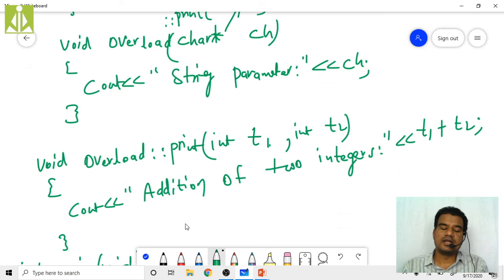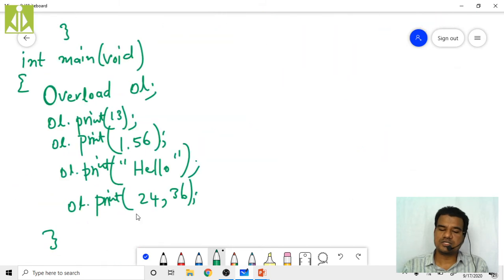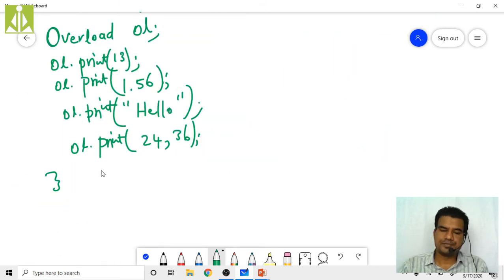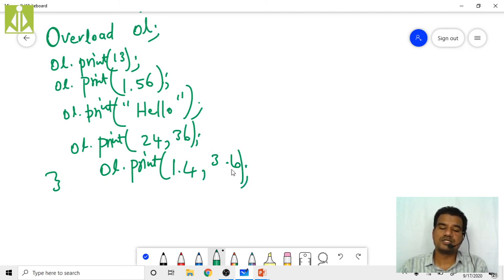Quickly tell me what will be the output if you put a statement like this: ol dot print of 1.4 comma 3.6. What output will you get? Is it going to add 1.4 and 3.6 and print the result as 5, or what will it do?